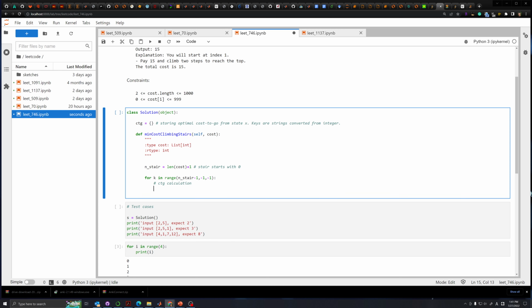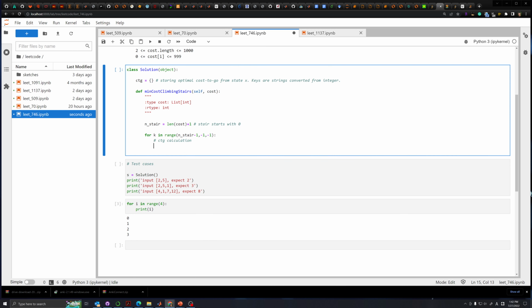Yes. So now we better take a note: go backwards from n stair minus 1 to 0. So calculate cost to go, and that means we're going to add something into the dictionary CTG, and